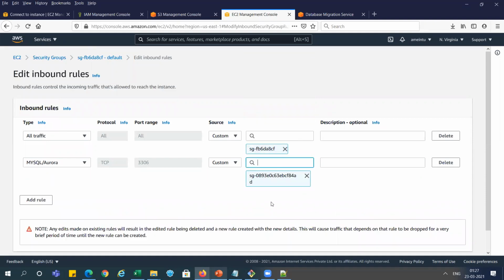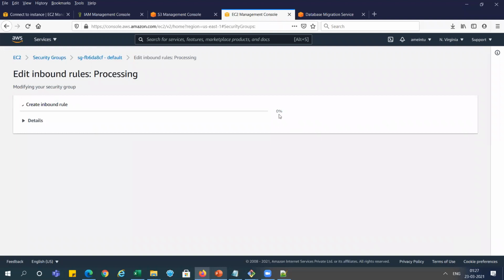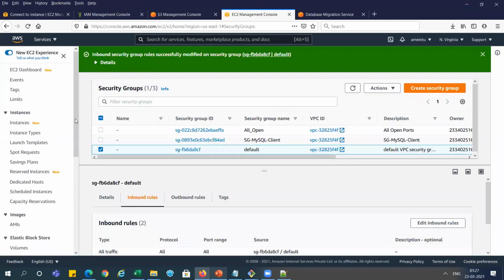I'm showing you this step because all traffic is cleared here, but that is not useful, since we should open only those ports which are useful for the RDS instance. Whatever IP we want to open from this RDS, we need to open in this security group. So it is updated.